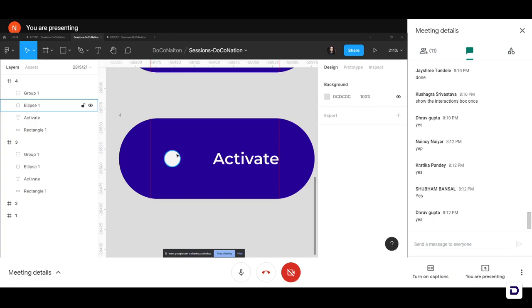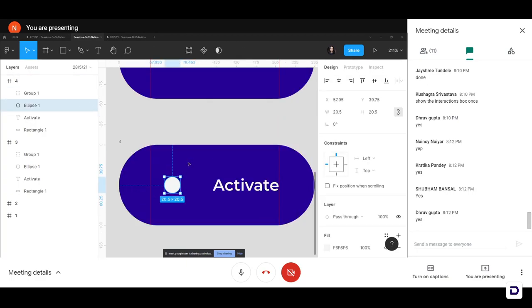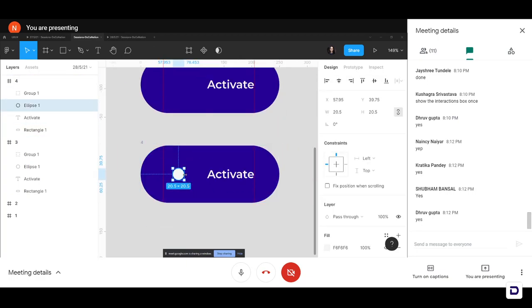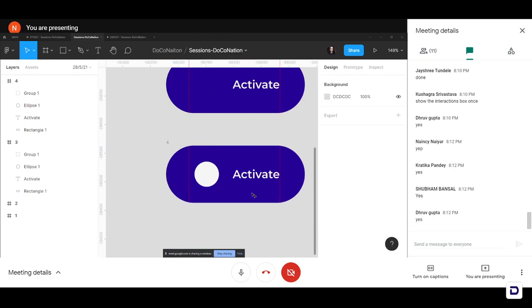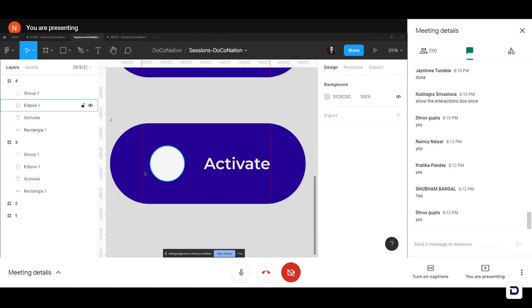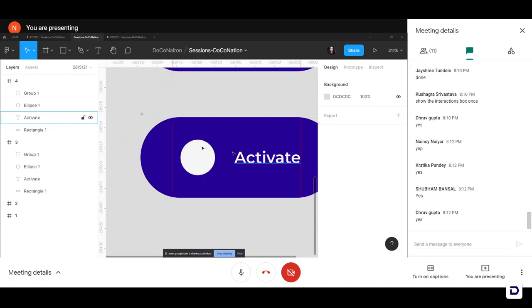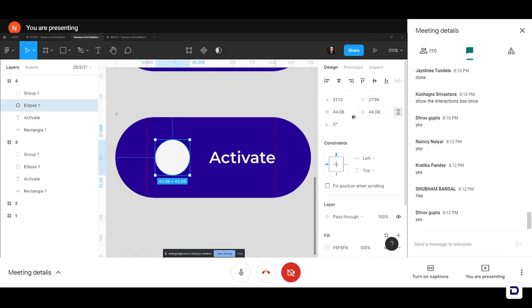So I will select my circle again and increase the size. To increase the size, I'm just going to press shift and increase it. Okay, let me center it with respect to the frame. Okay. Now let's increase the size a little bit more, maybe 55 pixels still. Okay.